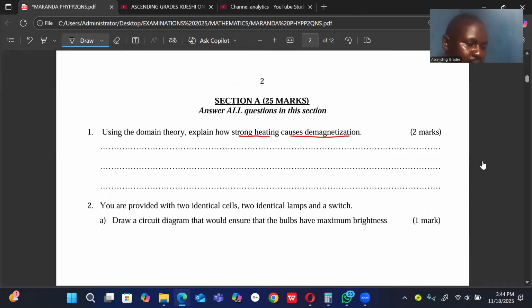This one is just a method of doing demagnetization. The moment you use heating, then strong heating causes the demagnetization